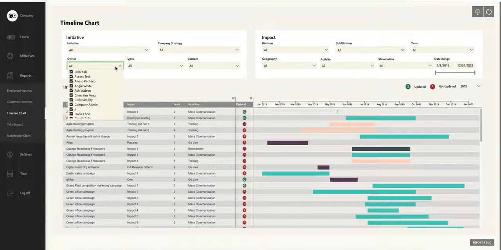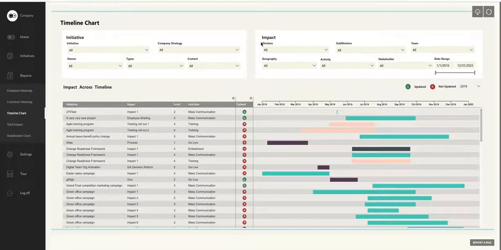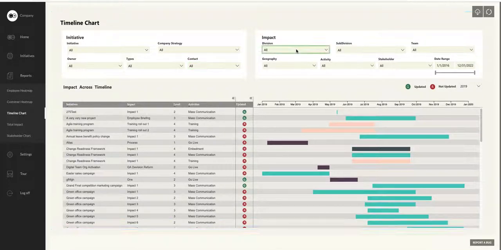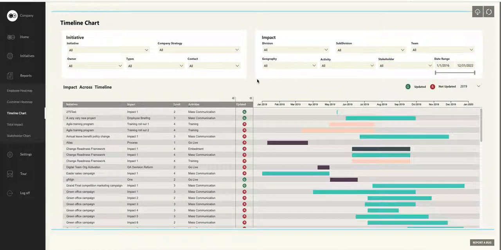You could select based on which owner, what the type of changes, who the contact is, and in terms of impact, you could actually select a particular part of the division, a subdivision within that division and team, geography, change activities, stakeholder groups. So it's a really good overall report that allows you to really zoom in on the particular thing that you're looking for. Let's say that we actually want to look at